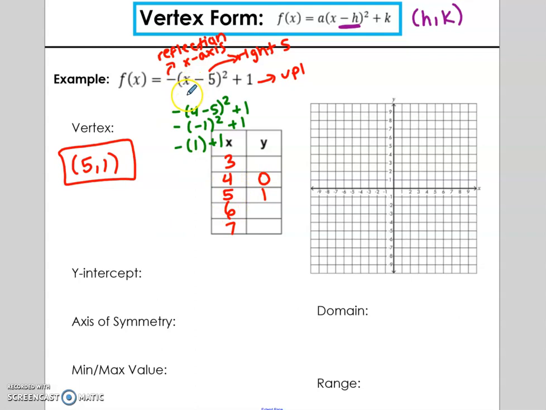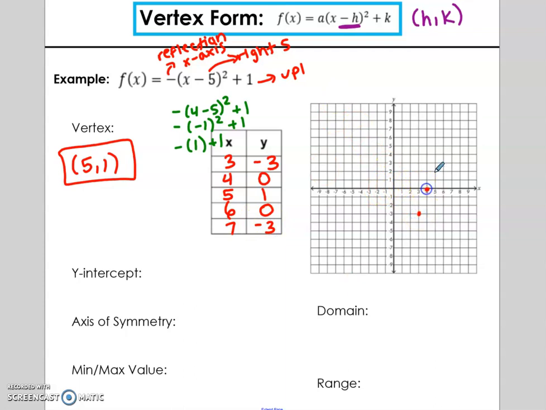If we plugged in 6, we would also get 0, so you can double check by plugging it in, or just know that it's symmetric, so it will have the same y value. Okay, and then we would do the same exact thing for 3. We would plug 3 in for x. If we do that, we will get negative 3. Let me change colors here. That will give us negative 3. And then if I plug in 7, because it's the same distance away from the vertex as 3 was, it's going to have the same y value. So when we go to plot this,